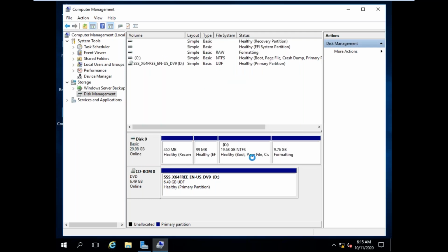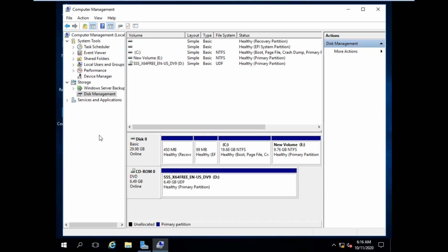So it is formatted. Now I can store my data in this drive. So like this, if they ask the question of how to create new partitions when you install the Windows operating system: go to My Computer, click on manage, or else go to server manager, click on tools, go to computer management, select disk management, right click on the unallocated space, click on create new simple volume, then select the size, then select the file system NTFS, and click on next, format. Now the E drive is created. I can store my data here.